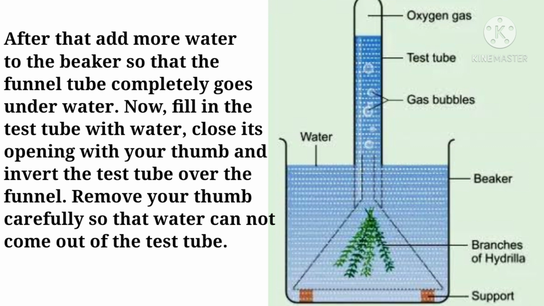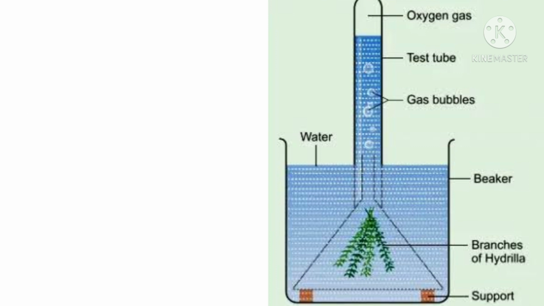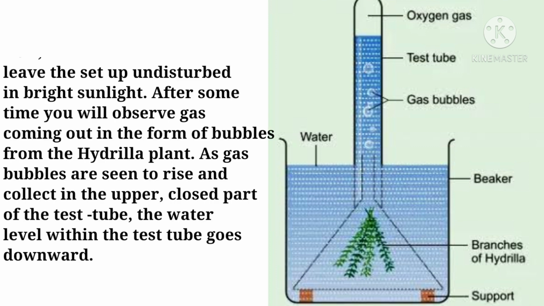So we need to add more water to the beaker so that the funnel tube completely goes underwater, fill the test tube with water, close its opening with your thumb and invert the test tube over the funnel, and remove your thumb carefully so that water cannot come out of the test tube. Now leave the setup